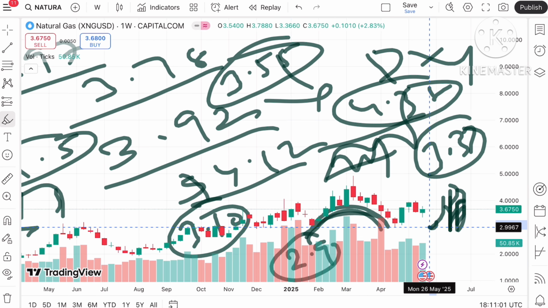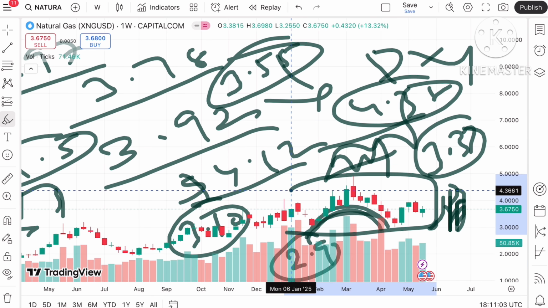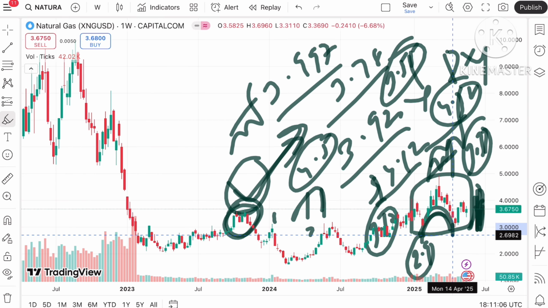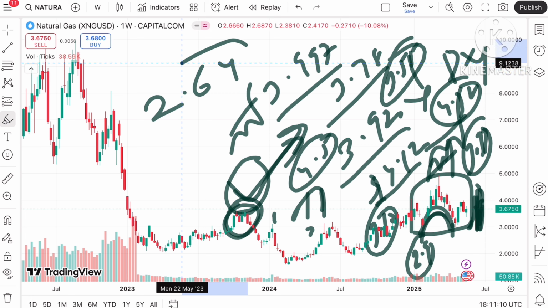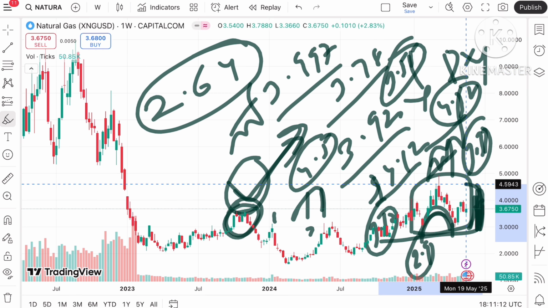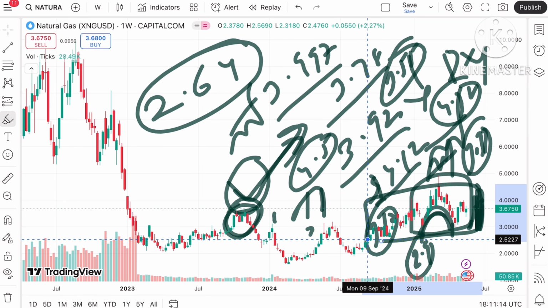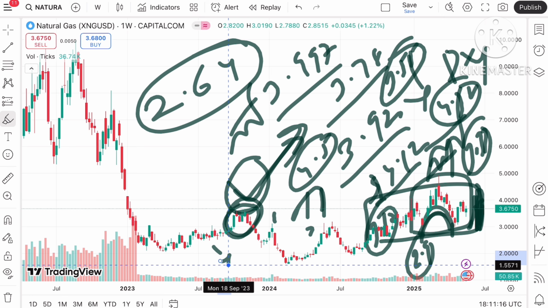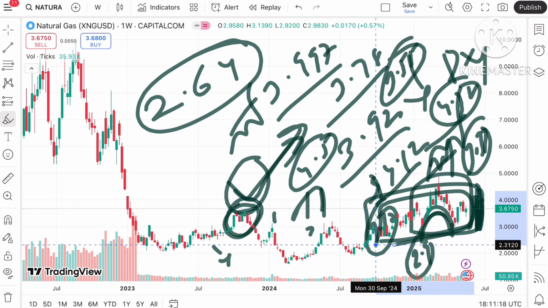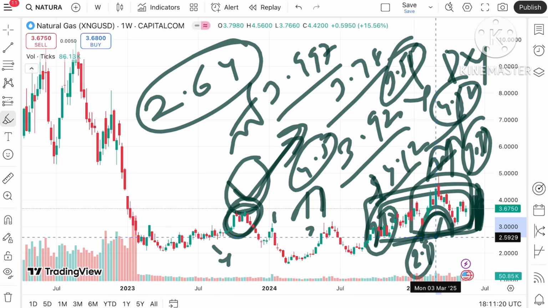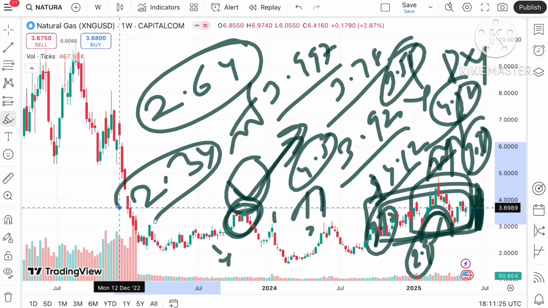Okay, and if the price falls below that particular level, then there will be a trend breakout we can see, so chances are high it will go further low and it will touch a level of $2.64. Okay, and if the price falls below this level, a further downfall we can see, so chances are high it will move further low, because there will be a zone breakout below a level of 2.6 and chances of going below a level of around 2.6 to a level of 2.34 and then further low.